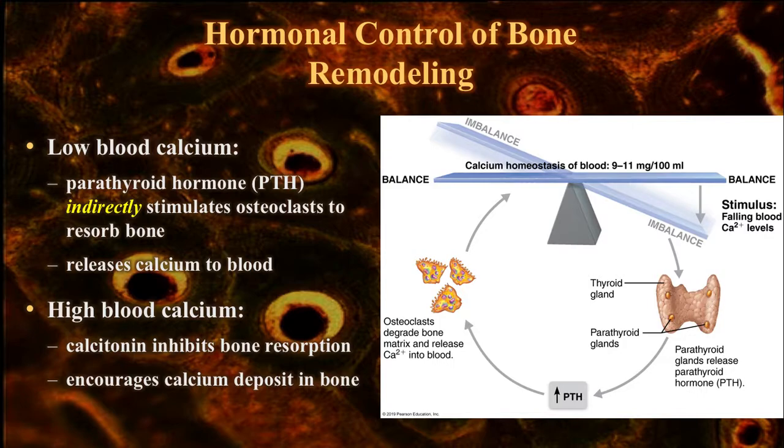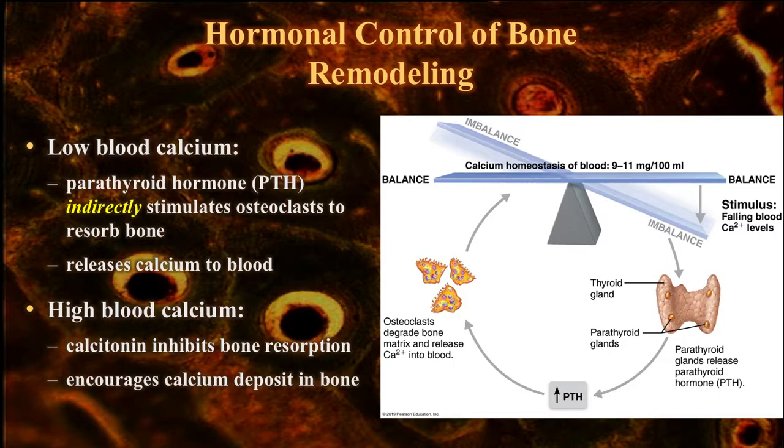And the osteoclast will come through and break it down and send that calcium back into your blood. If it has too much blood calcium, it will say, hey, osteoblasts, come here, lay us down some more bone so that we can send the calcium into your bones. Okay, so it's either turning on osteoblasts or turning on osteoclasts. Okay, so low blood calcium, we need to break down some bone so that we can get some more calcium